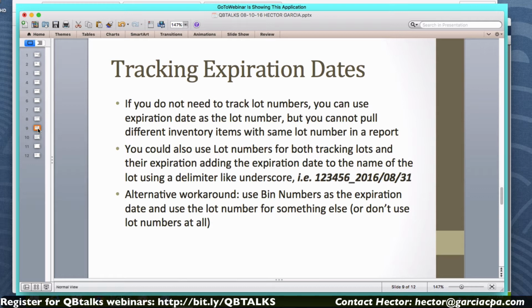That's assuming that you don't need the lot number for something else. So if you don't need the lot number for something else, that's going to be perfect. Just use an expiration date in lieu of a lot number. Option number 2 is, let's say I do need lot numbers and also need to carry expirations. So what you can do is you can concatenate, or combine both numbers. You can have a lot number and then use a delimiter like an underscore, and then you put lot number underscore the expiration date,